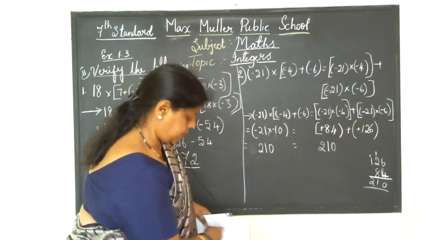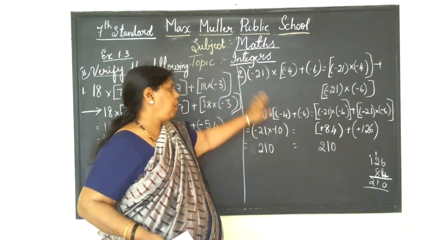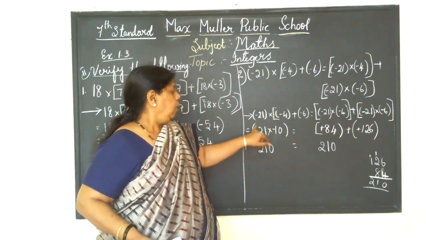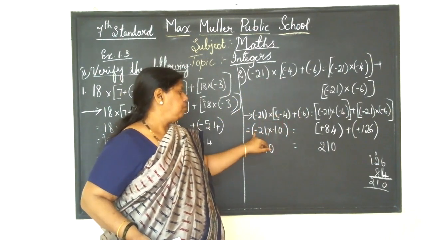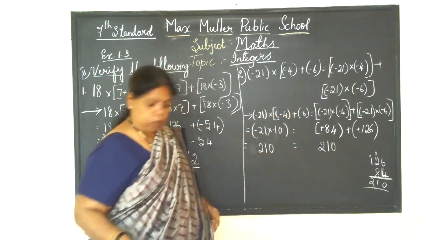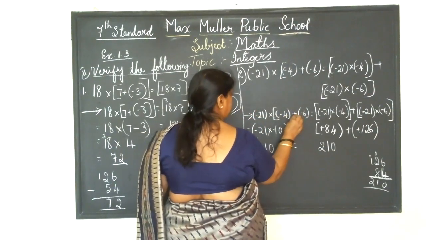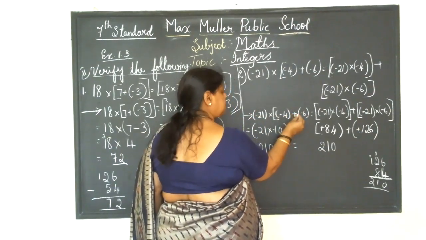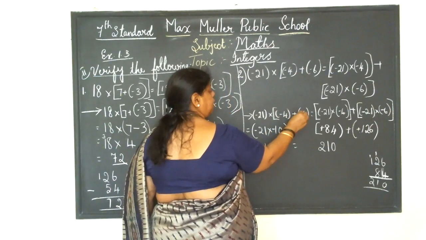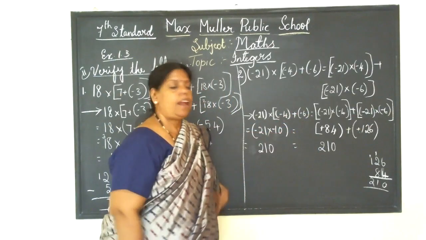See here, once again I will say this. 21 minus into minus. I have taken minus into minus. The bigger sign when we multiply, I have taken minus only. See here. Minus 21 minus 10. Okay. So why did I take minus here, children? Minus into plus, minus into plus. Minus. So, minus minus. So I have taken the larger number's sign. We'll add it, but we are considering the larger sign now.